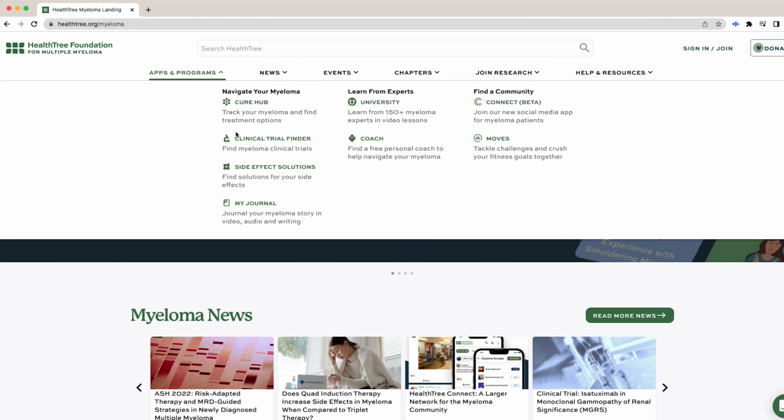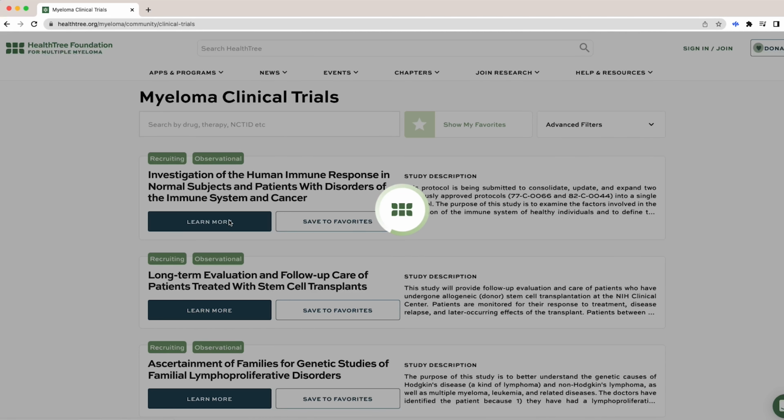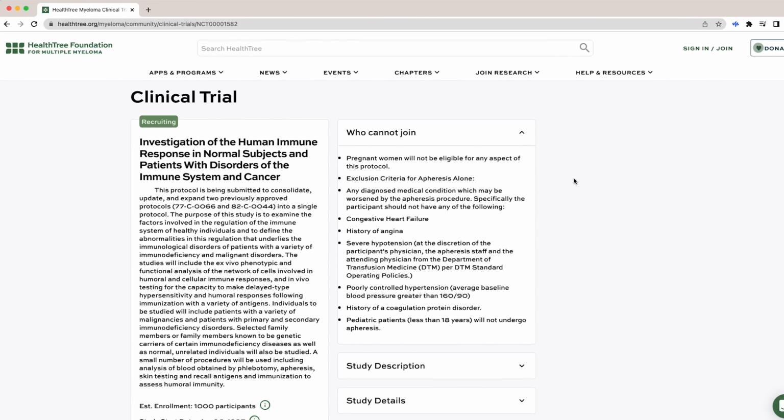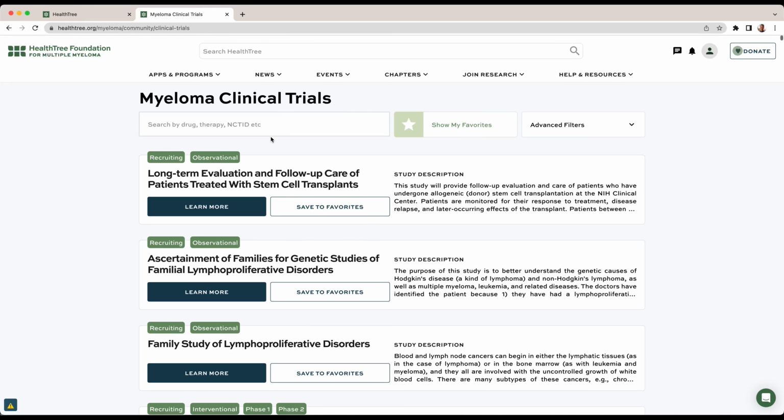So there are ways for you to be proactive to find trials in your specific location that might be of interest to you to further investigate. The HealthTree Clinical Trial Finder is a tool specially designed to help patients discover clinical trials they are eligible for. By navigating to the Clinical Trial Finder, you can search for a specific clinical trial by drug, therapy, NCT ID, and